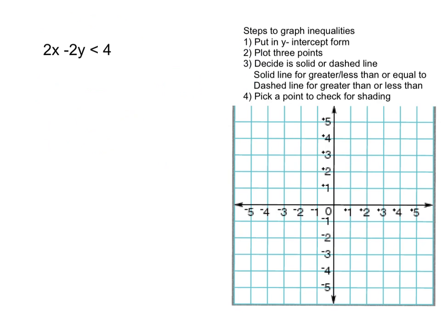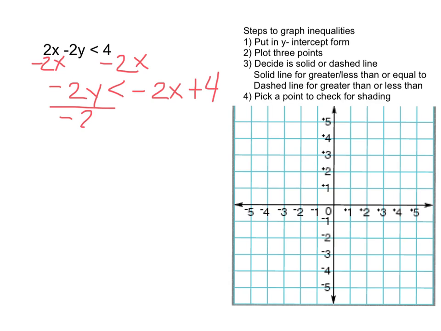To put this in y-intercept form, we have a lot of steps to do. First, I need to move x to the other side. So I'm going to have negative 2y less than negative 2x plus 4. Now I have to divide everything through by negative 2 because I need y to be by itself. If you recall, when we deal with inequalities and we multiply everything through by a negative, the sign of the